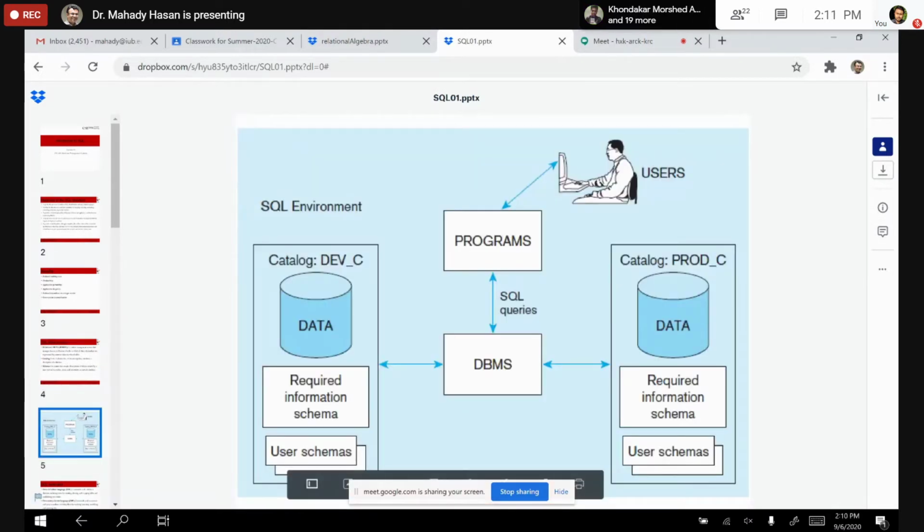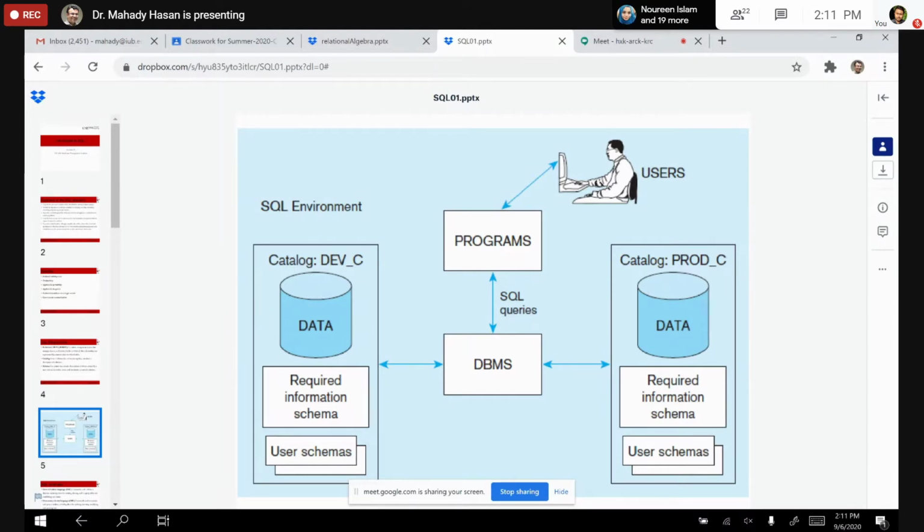This is some theoretical aspect that you will see. In the middle we have the DBMS, the database management system, which is associated with different development environments. When the programmer is writing the code, they use SQLs to retrieve the data from the database, and these programmers write those programs for whom?